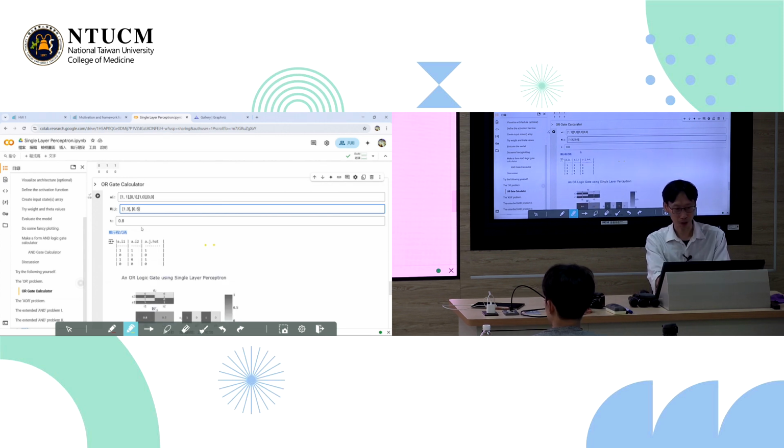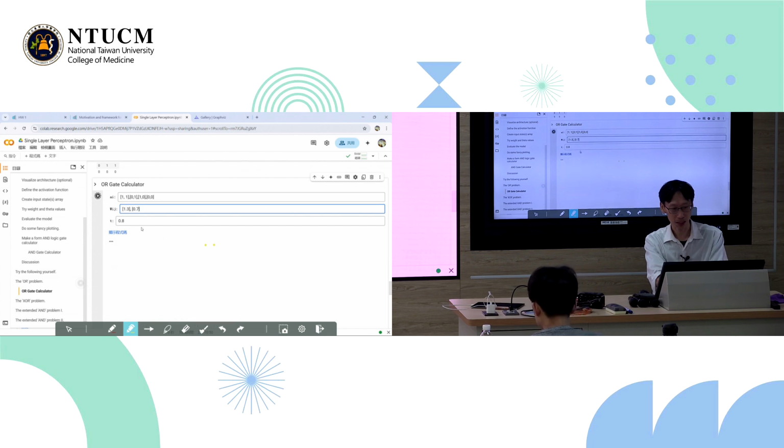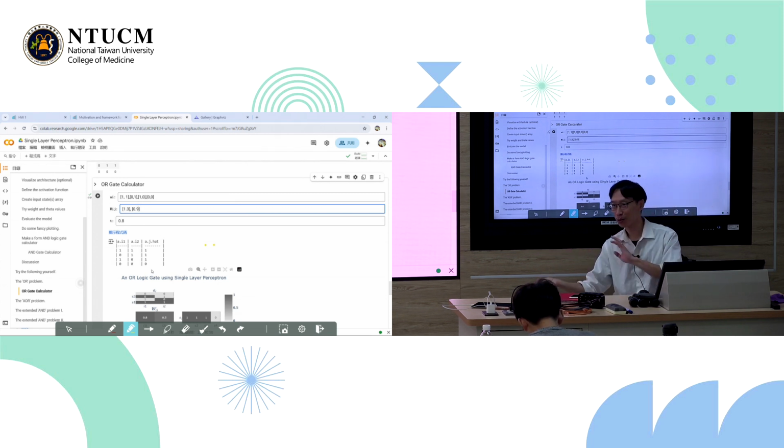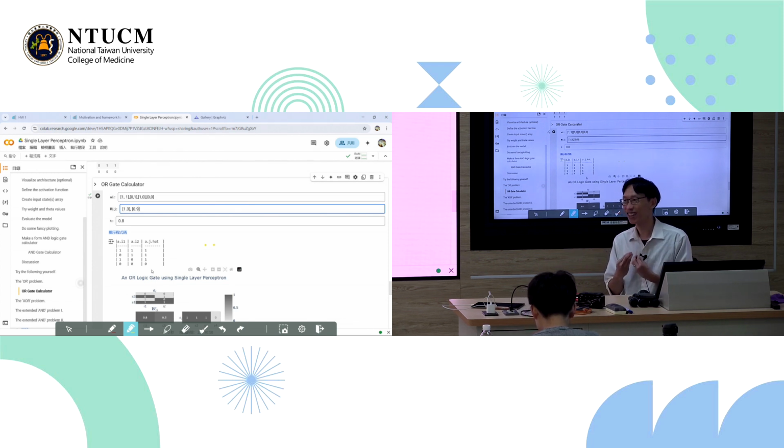Let's go 0.5 to 0.7, 0.8, 0.9. Oh, it snapped into place. So I'm just guessing. I'm going down for one weight, then going up, and then try the other weight, going down, going up. Okay, so this is what I am doing. I am the learning function. I have no reason why I try those numbers except very stupid. I just want to go down, go up for one of the weights one at a time.